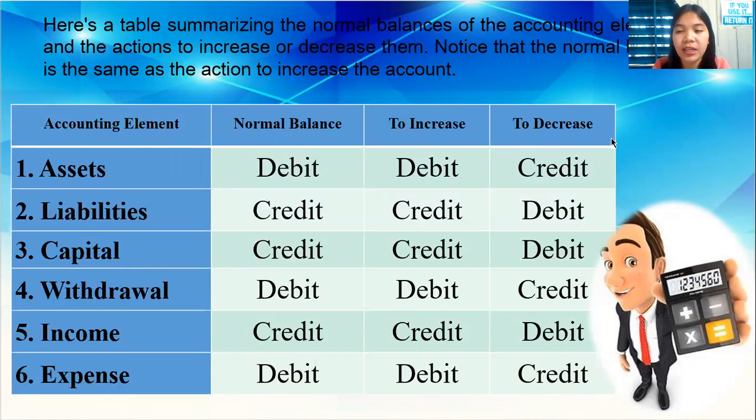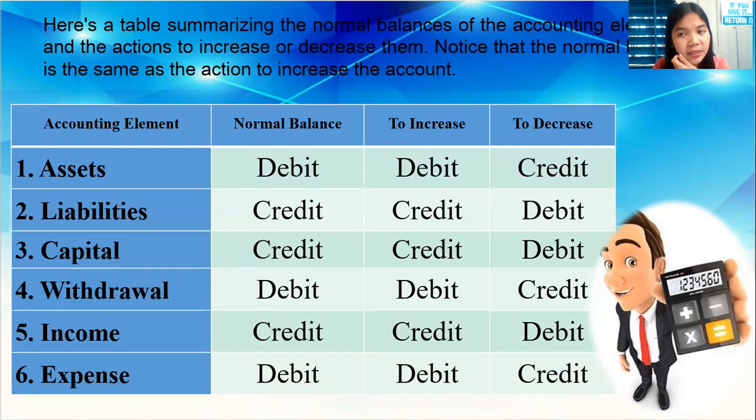Earlier in our T account, we can observe that the withdrawals are found on the debit side, right? So if you are going to increase your withdrawals, you debit it. But if you are going to decrease your withdrawals, you credit it. Okay, next one is the income. If you are going to increase your income class, you are going to credit it. For example, the service income, right? Those belong in the revenue. And in the previous slide, the revenue belongs on the credit side. And if you increase that one, the amount will be put on the credit side.